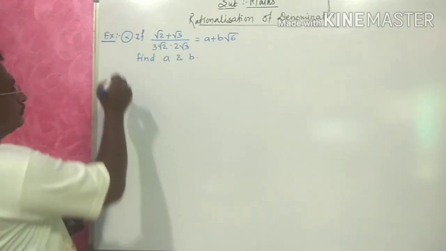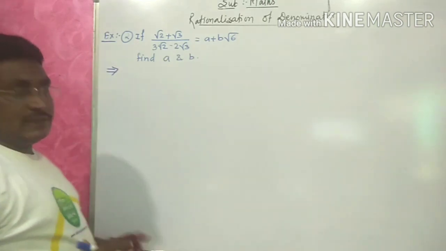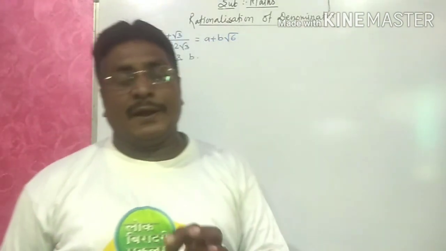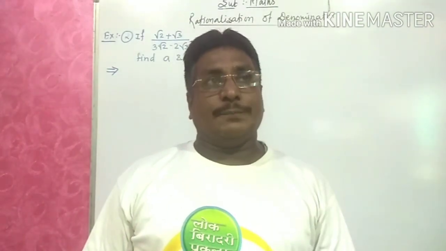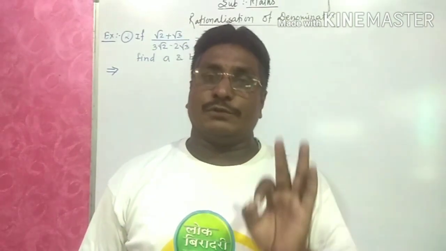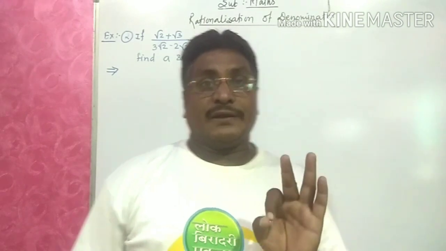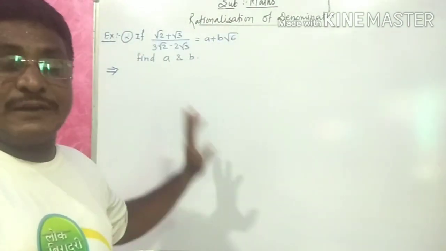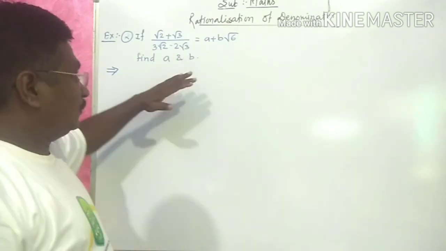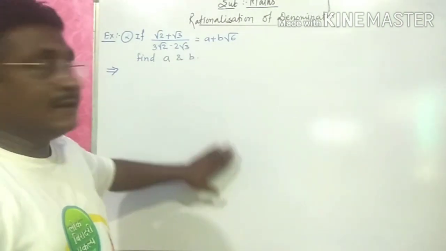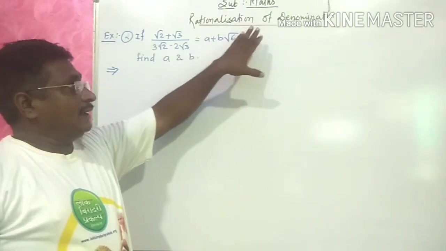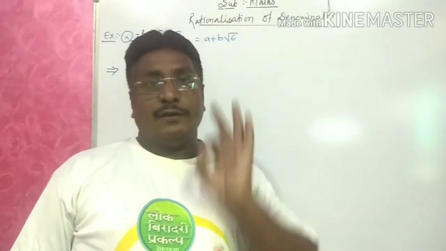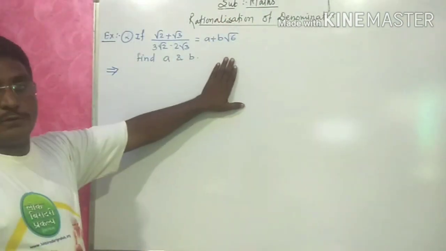Now, in this example, students, one thing has to be kept in mind. These examples are not given in the NCERT, but such types of examples will be asked in the board exam. They are very, very important questions, so you have to practice. Questions like these will be asked for 3 marks and 4 marks, so don't forget how to solve this. The basic is rationalization. All these questions are based on rationalization. If you understand rationalization carefully, clearly, then you are able to solve.